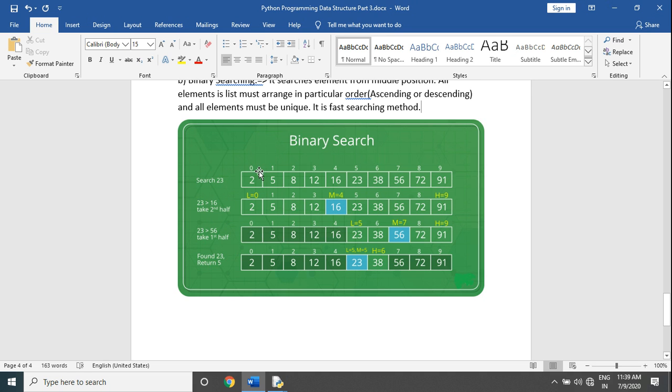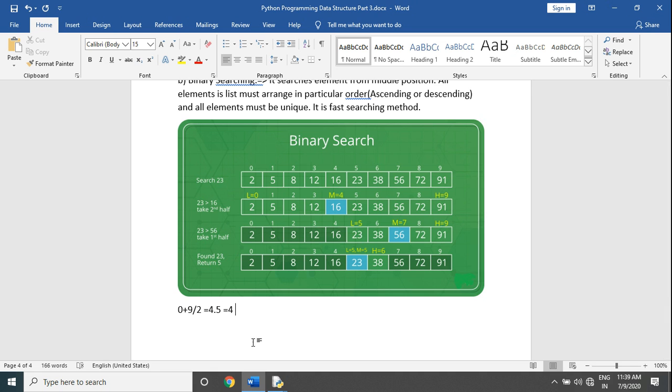Our list's lower position is 0 and highest position is 9. So the middle position is 0 plus 9 divided by 2, which equals 4.5, which is taken as 4.